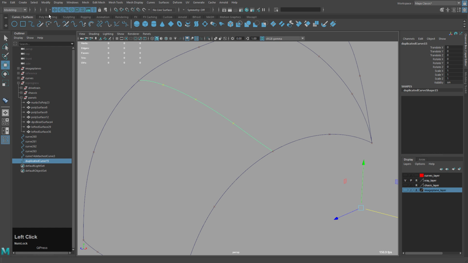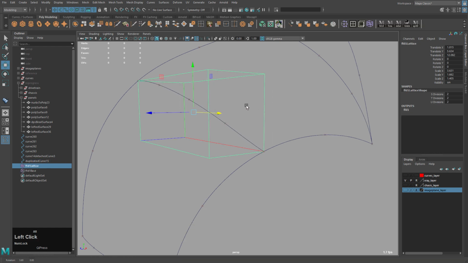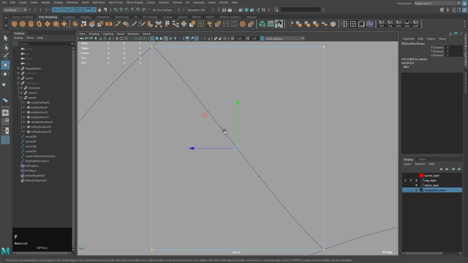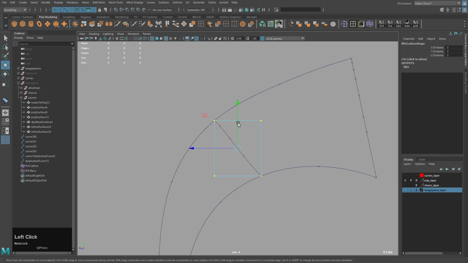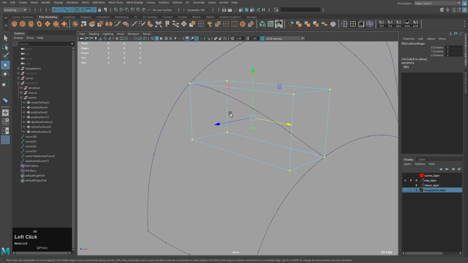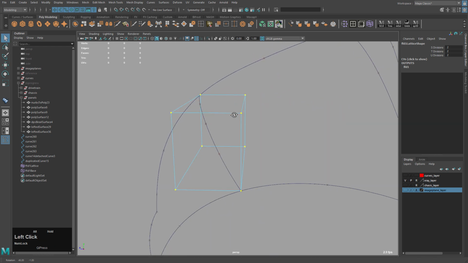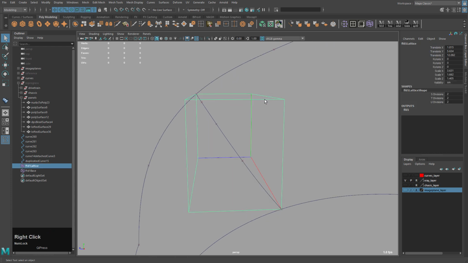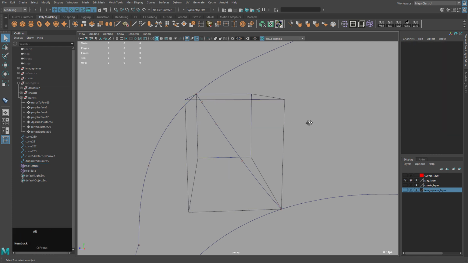So instead I'm going to use a lattice. Once I create this lattice, the lattice is not lined up in the curve direction. You can see how it's a big box around it, but what you can do when that happens is you can select this one side lattice points like this. Now make sure your lattice is set to S, T, and U divisions to 2, 2, and 2, and then the local influences to 30, 30, 30.